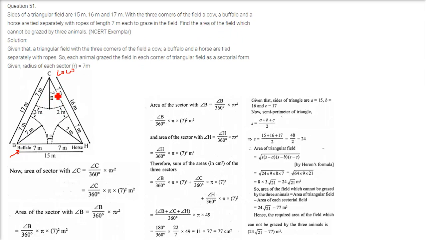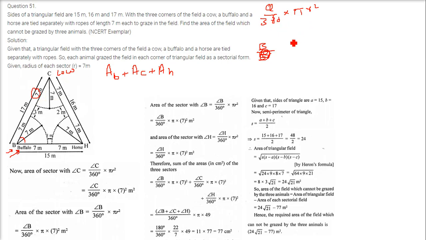So we have to find the area of the triangle and subtract these 3 sectors from it. Let me take the area of the first sector, that is this one. I have to add these 3, right? So area of the buffalo sector plus area of the cow sector plus area of the horse sector. The area of a sector is theta by 360 into pi r square. Let us take this angle as B. Because 360 and pi are coming again and again, and the radius is also common there,